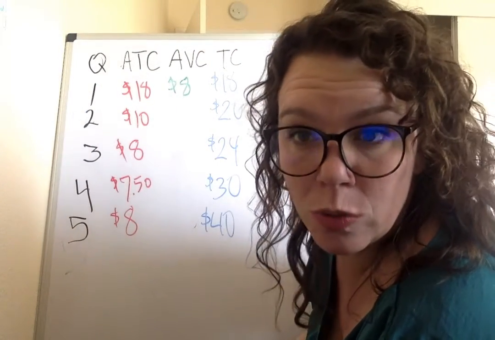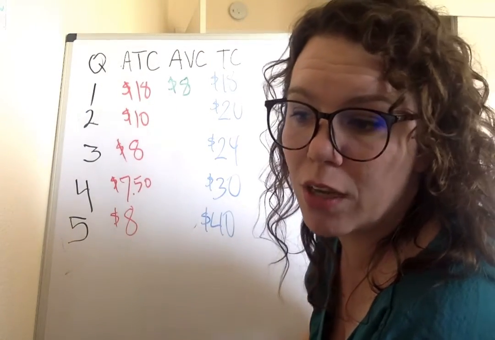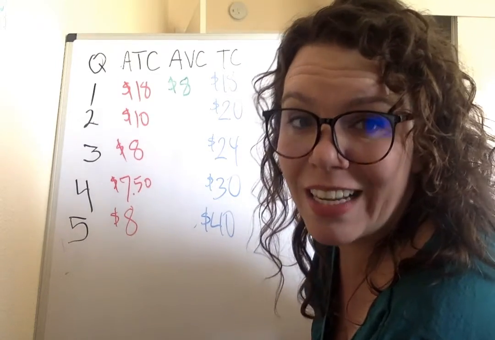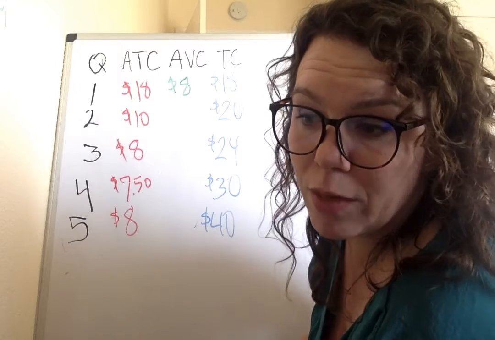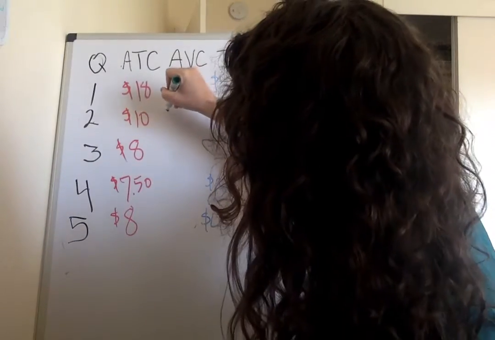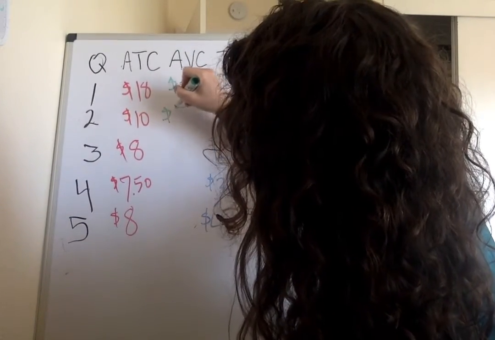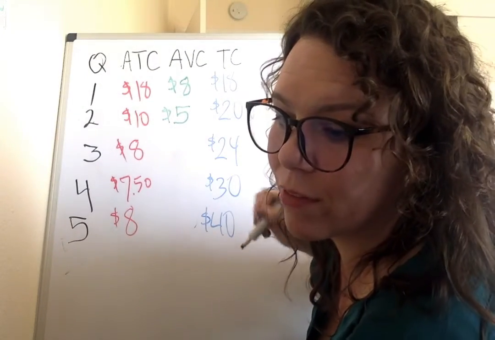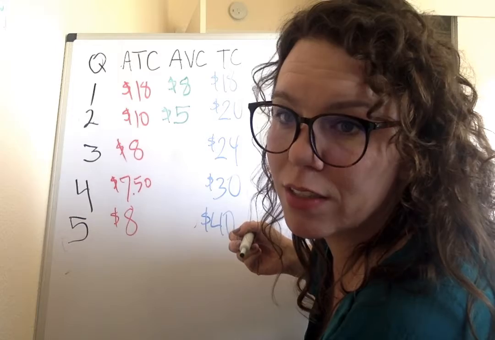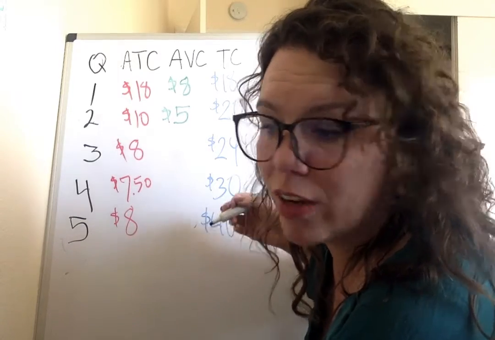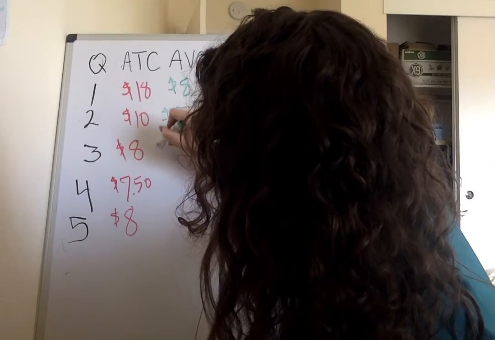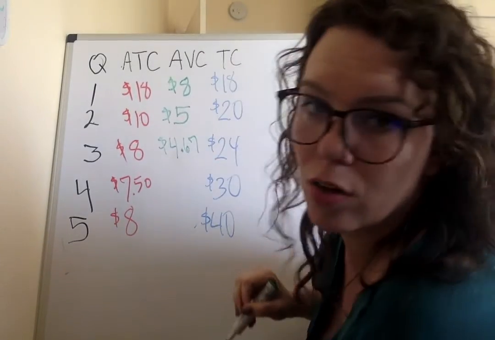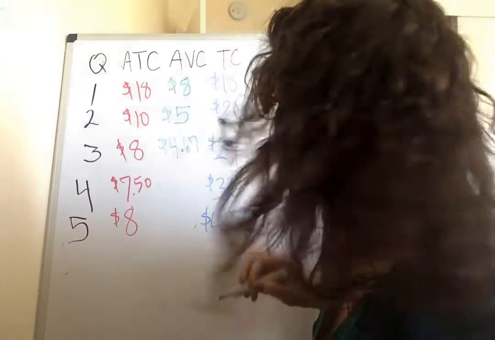At quantity 2, if you look over under the variable cost column, you can see that the variable costs for a quantity of 2 is $10. $10 divided by 2 is going to give us an average variable cost of $5. For quantity of 3, our average variable cost is going to be the variable cost of 14 divided by 3. That's going to be $4.67,